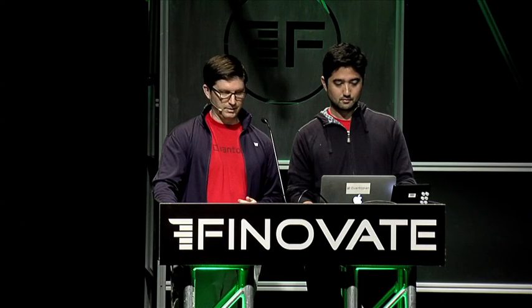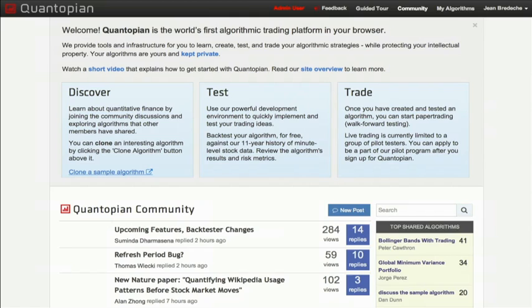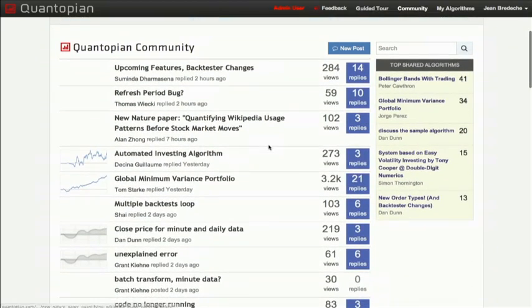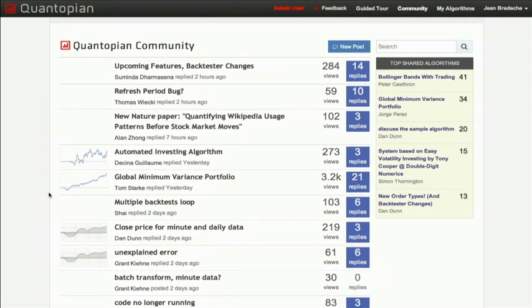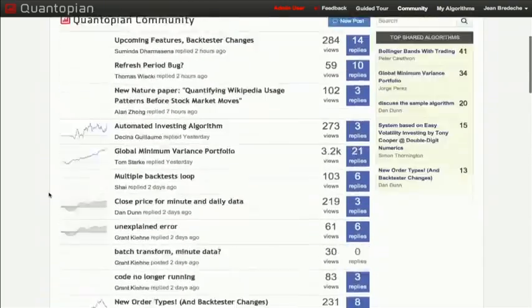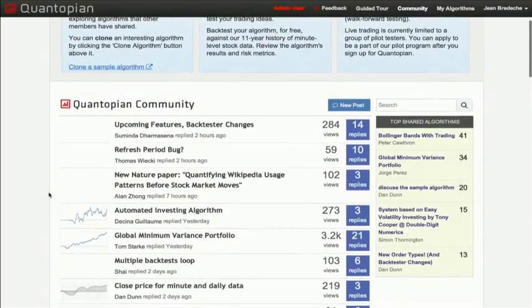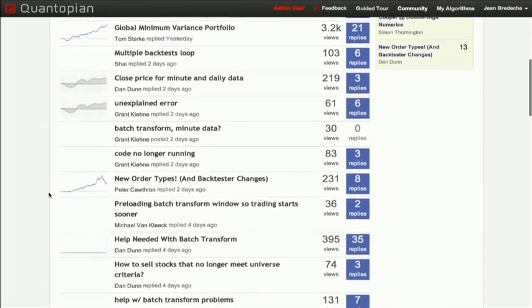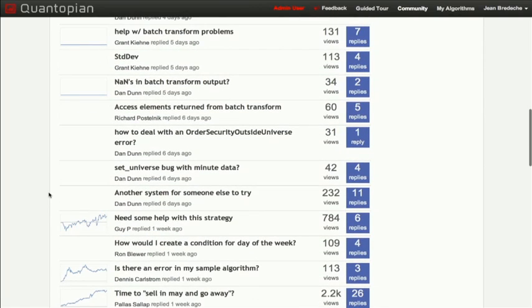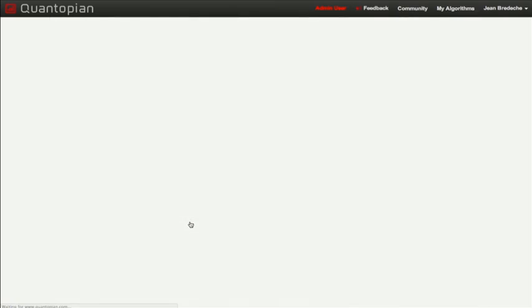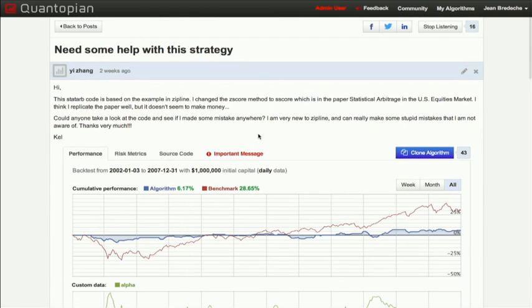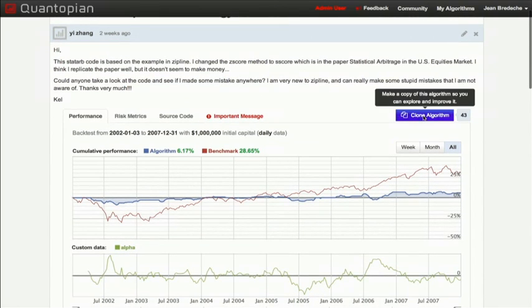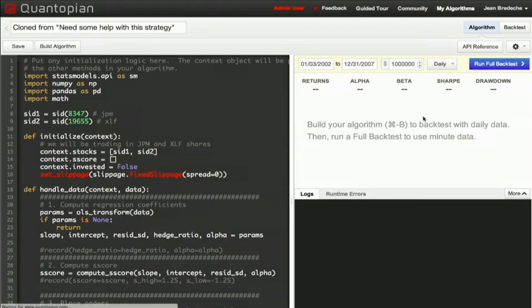Quantopian is also an engaged community. Currently more than 6,000 strong and growing, our members range from seasoned algorithmic traders to aspiring future quants. Algorithms on Quantopian are private, and members retain full ownership of their intellectual property. However, many members choose to share their algos. People who share are looking for help, or they want to show off new discoveries. When you see a shared algorithm that you think is interesting, you can clone a copy, tinker with the algorithm, and run a backtest of your own. Reading and editing an existing algorithm is one of the best ways for new quants to learn, but it's also one of the best ways for seasoned quants to improve.